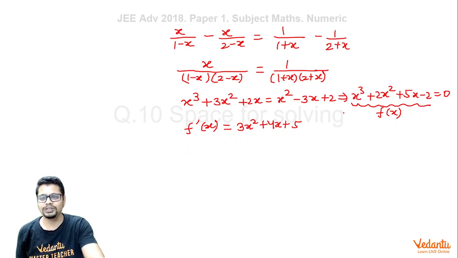So here let's first of all put the simplest thing of all, which is 0. So when you put x to be 0, f of 0 turns out to be minus 2. So that means it has still not crossed the x-axis. Why? Because as x tends to minus infinity, this expression f of x will go to minus infinity. And since it is strictly increasing, it will cross the x-axis exactly once. And at x equal to 0, it has still not crossed the x-axis. So instead of checking for minus half, I would just check for half.